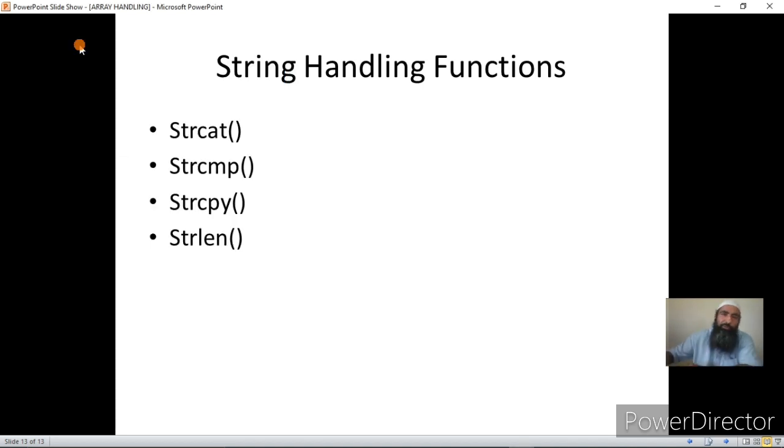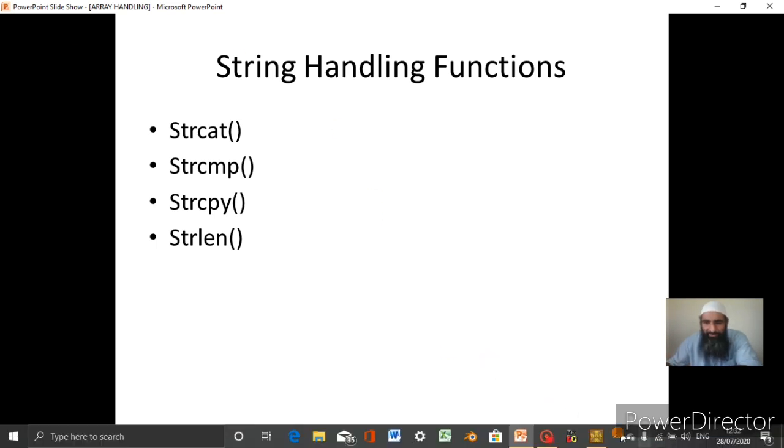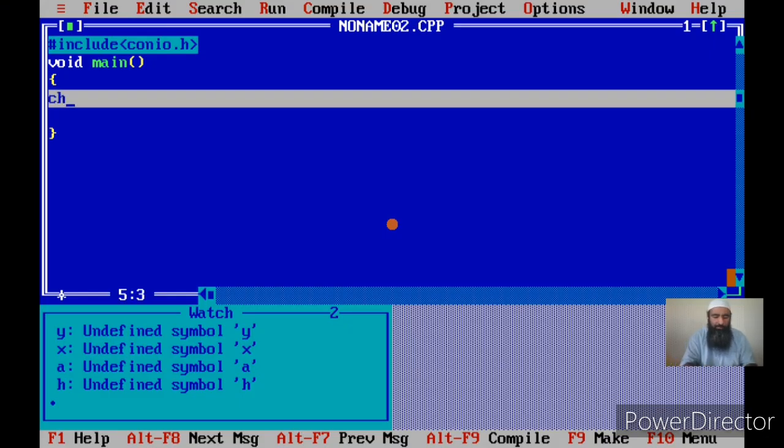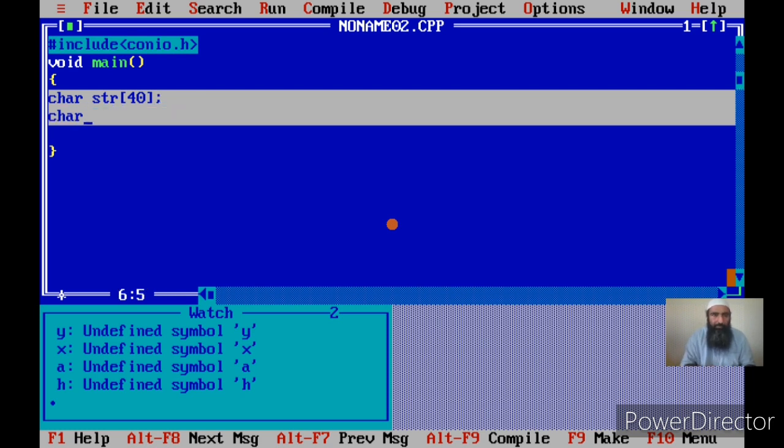Now let us go into the IDE and do it practically, because theoretical concepts are not enough. Let me declare a character array of 40 elements. The name of the array I'll give as str. Then I will give one more array, that is char with a different name, of course, str1.